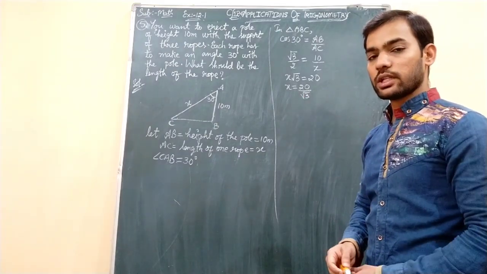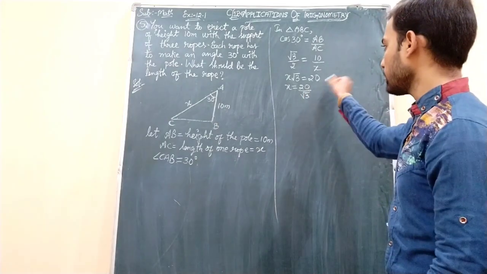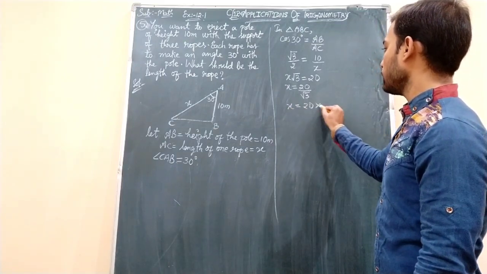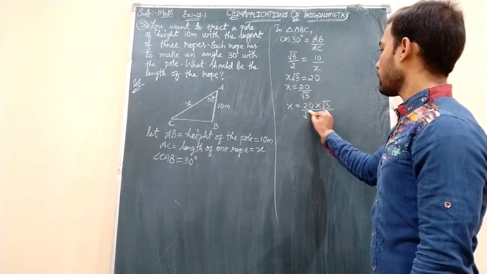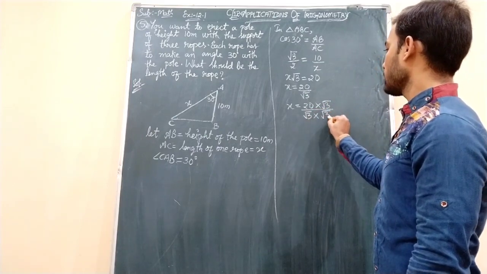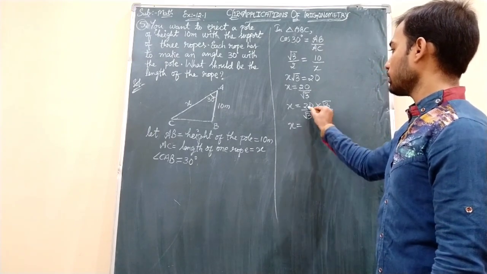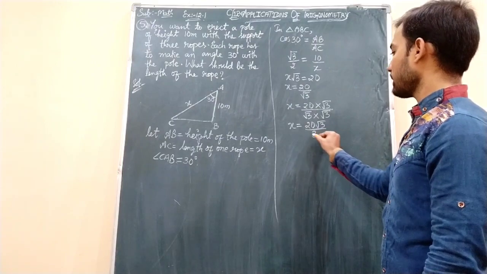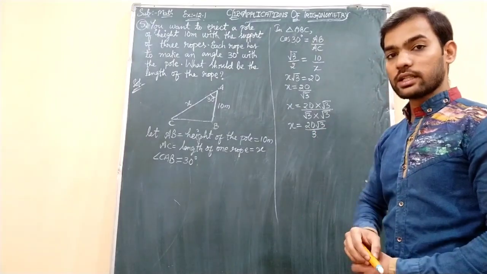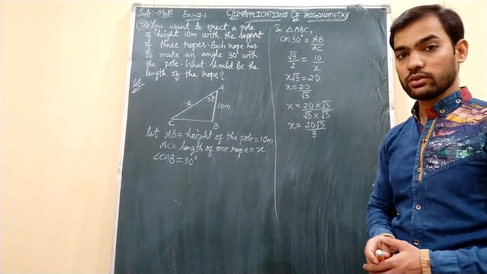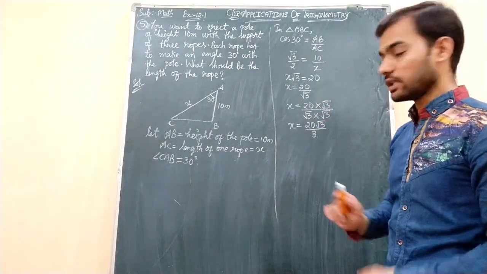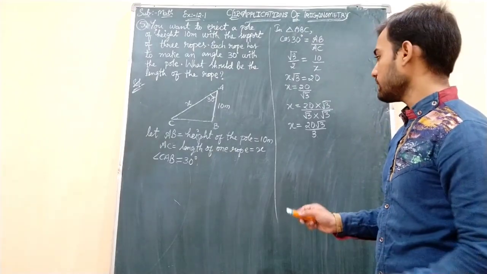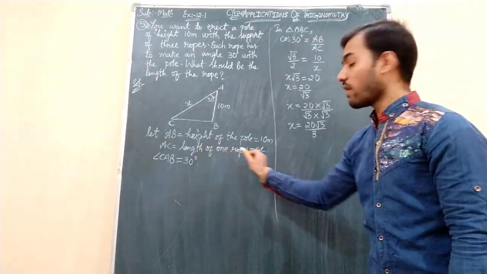As we did just now, the denominator should not be irrational. So multiplying numerator and denominator by this particular root 3, you will get 20 into root 3 divided by root 3 into root 3. So when you multiply it, you will get X equals 20 root 3 over 3, since root 3 into root 3 is 3. And you cannot cancel 20 with 3, and you cannot cancel this root 3 because that is irrational and this is a rational number. 20 is not divisible by 3, so we will keep this as it is. This is the length of one rope.